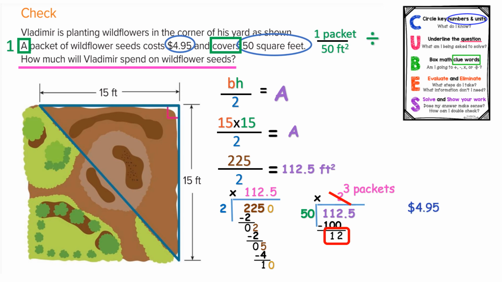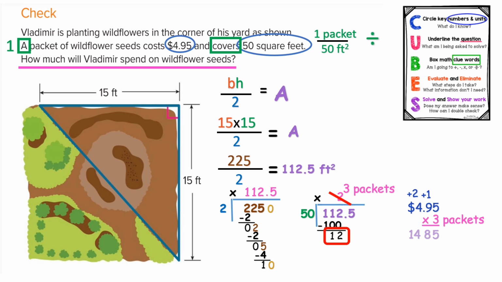All right, so if I have $4.95 and I'm buying 3 packets and I multiply those, then I'm going to take 3 times 5, which is 15, put down my 5 and carry my 1. And 3 times 9 is 27 plus 1, well, that's 28. So I put down my 8 and put my addition of 2. And then 3 times 4 is 12 plus 2, that gives me 14. Now, it's not going to cost me